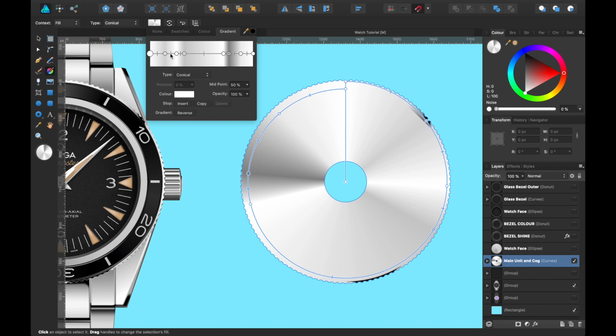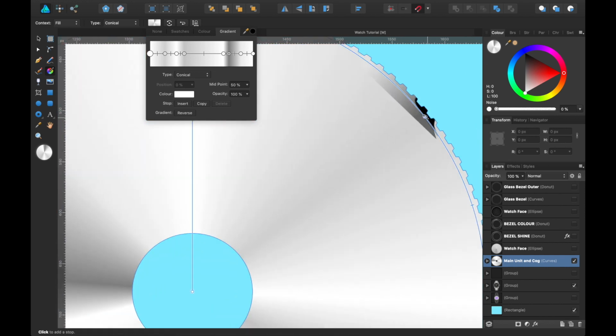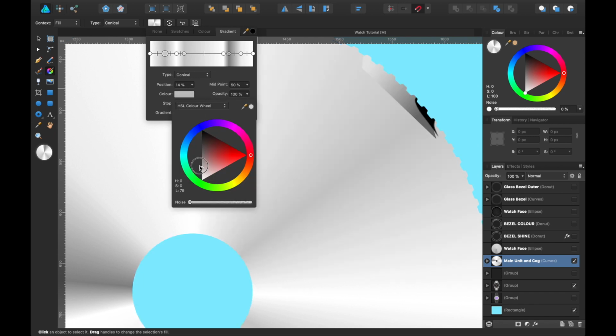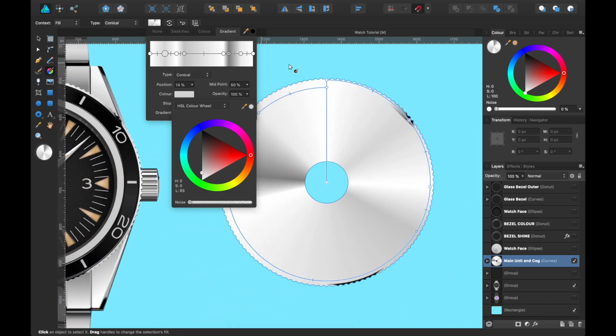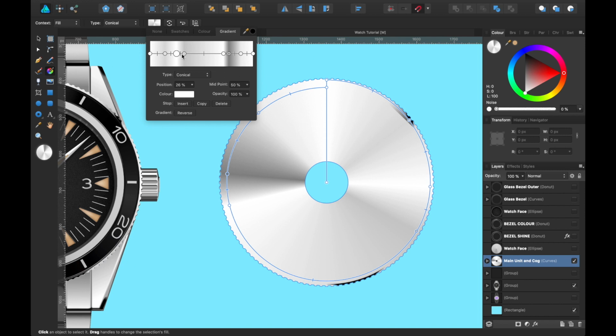So if I go in here, make them both white to begin with, and then start playing around with colors on the inside. So you can see here as it goes along, the next color is slightly more gray, which is here. Forget what you see in the background for now, it's just this gray color here. That is this, and you can see you can make it darker, lighter here. And I've just gone around this circle, and I've just put white, grey, make it a little bit darker, a little bit lighter.